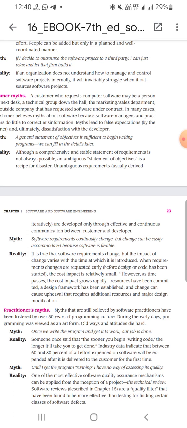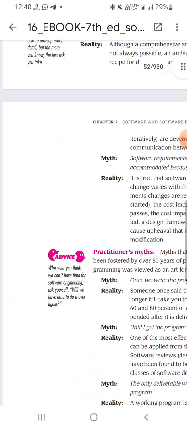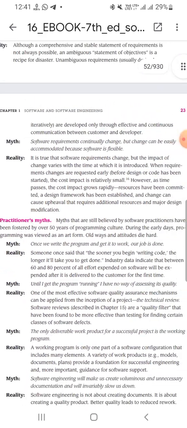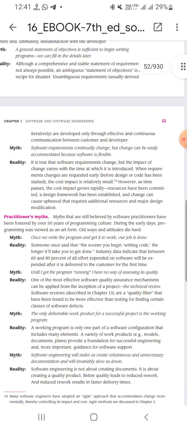Resources have been committed, a design framework has been established, and change can cause upheaval that requires additional resources and major design modifications. Advice: whenever you think we don't have time for software engineering, ask yourself, will we have time to do it over again? Practitioners' myths. Myths that are still believed by software practitioners have been fostered by over 50 years